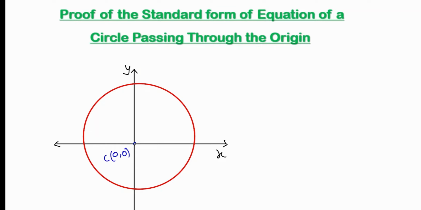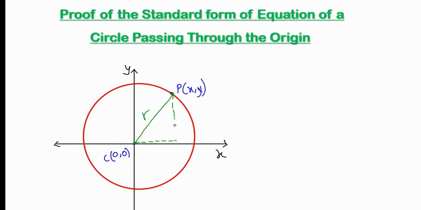Good. Now, from the center to any point on the circle gives us the radius, that is the distance. Assuming there is a point P on this circle, let's call this P, the point P on the circle. It has its coordinates x, y. Then the distance from the center to where the point P is gives us the radius, that is r here. Now, we can join them and we can see that they are going to form